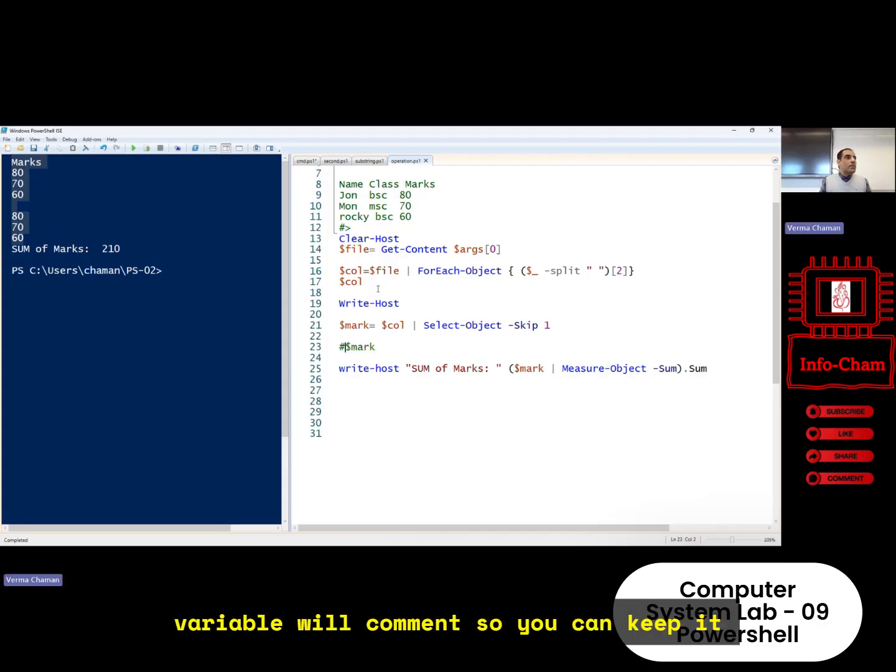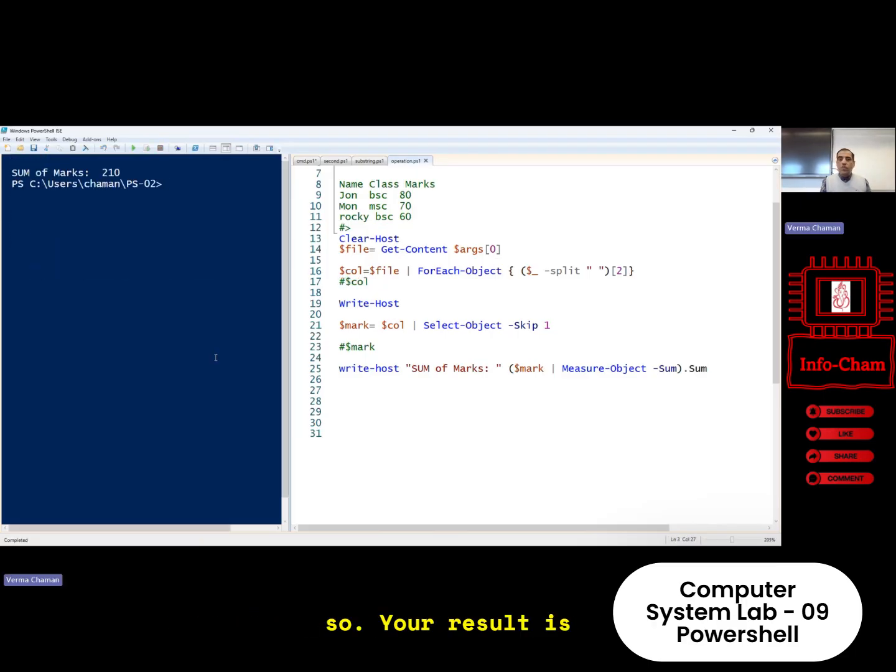So this mark variable will be commented. So you can keep it here. And then after, this is the column you want to comment. So your result is ready. Okay. So guys, let me know, do you understand